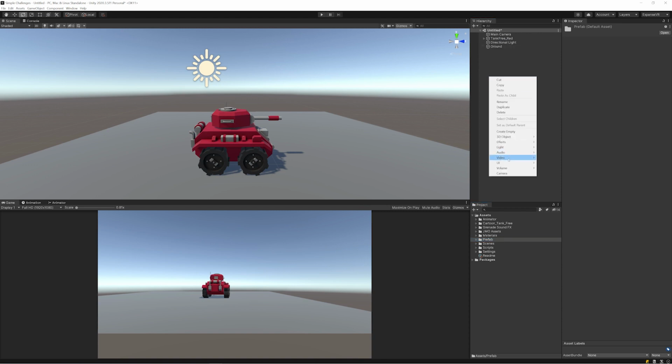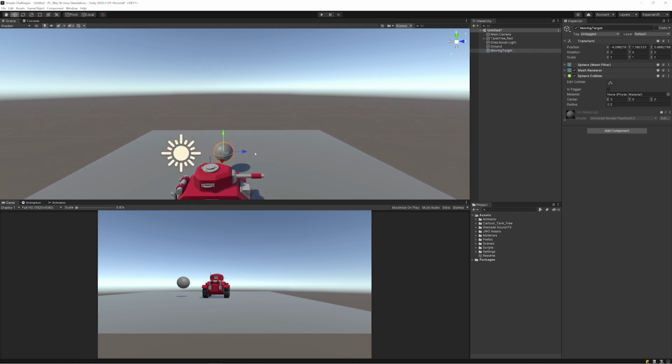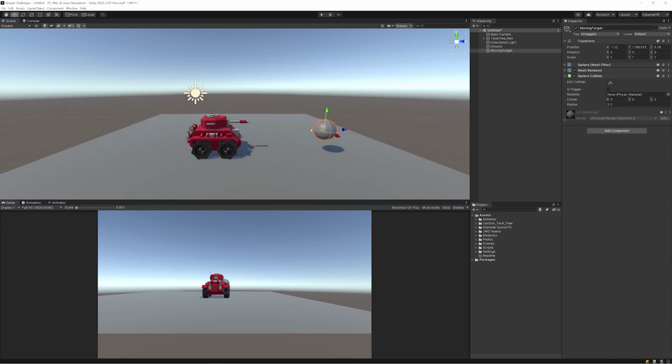I then used just a simple sphere as my moving target, just to have something to aim at. But you can use whatever you want, and it'd be cool to see your screenshots of what you actually decide to use as your target. That's all you really need for the first tasks that I've set, is that you've got your tank and you've